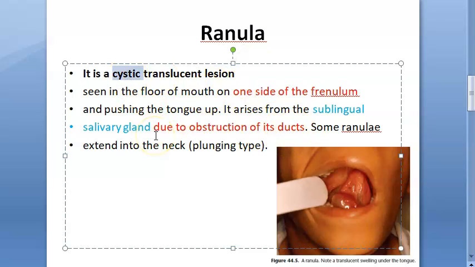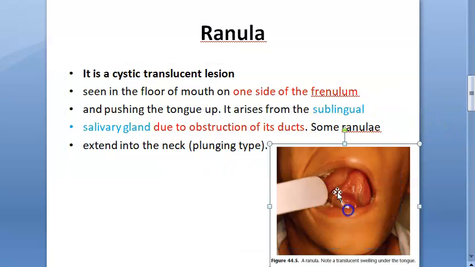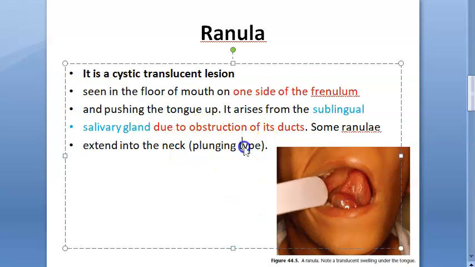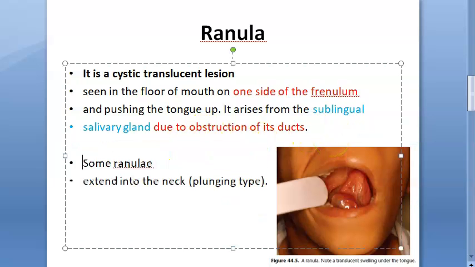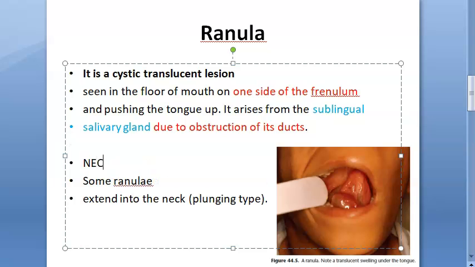I'm thinking, what will it have then? It will have some saliva only, right? Some ranulae extend into the neck. When they extend into the neck, then it is plunging type. So it will become a neck mass. You will study in neck mass chapter also, you will study this. Right, in neck mass,